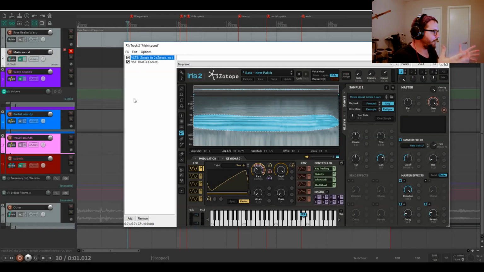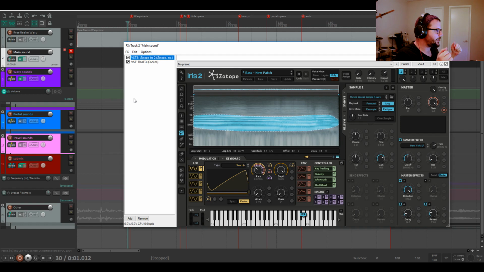And I did some iterations on it, and I tried to focus more on an ethereal aspect of it, where there were all these soft fade-in sounds. And something that I tried in the very beginning was using iZotope's Iris 2, which is a resampling plugin.